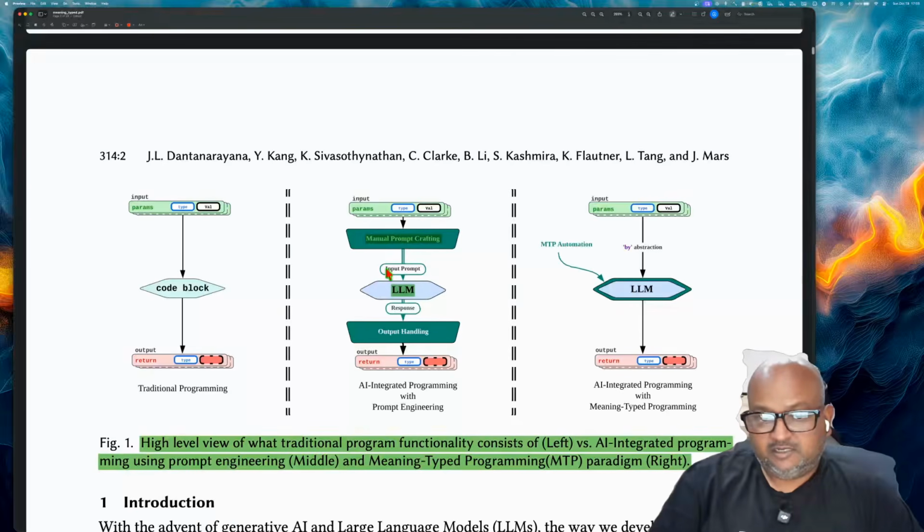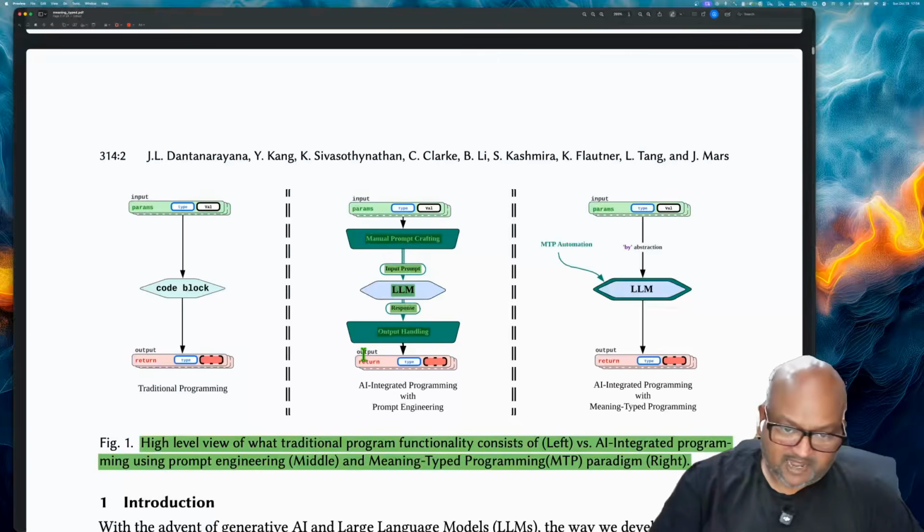You'll typically also splice in some values you've gotten at runtime, like reading in some data or the user's input. And then when the LLM returns a response, you'll have some code for handling the output and parsing it and putting it into some sort of a structure or a type that you were expecting back.